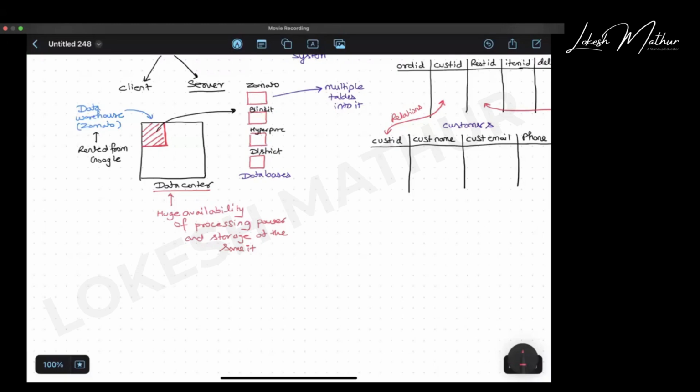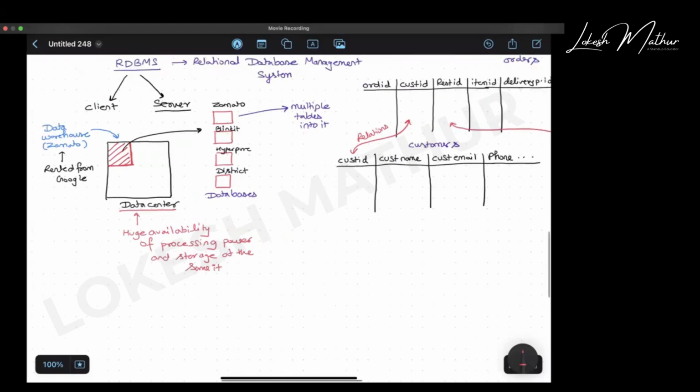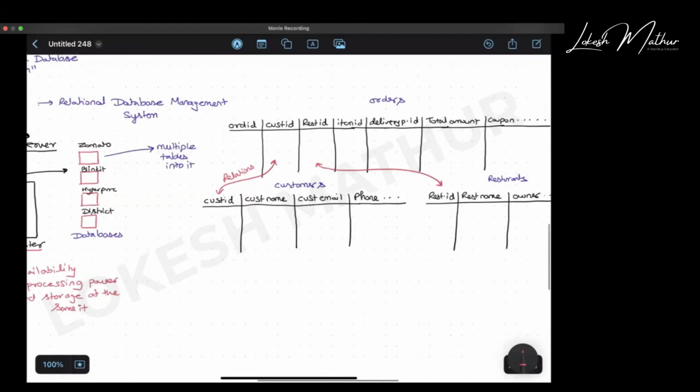And now, as a company, Zomato, I have rented a small space in this particular data center, which is a data warehouse for me. And in this data warehouse, I have created multiple subfolders and called it a database. I assigned a folder for my company Zomato. I assigned a folder for my company Blinkit and so on. And each of these databases can now hold my data for that company.